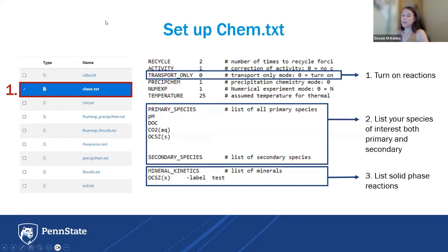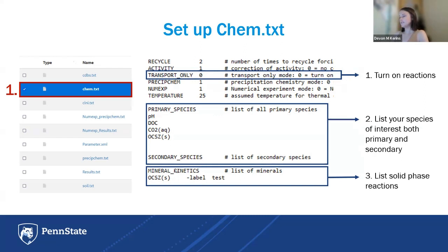So to begin, we will first amend the chem.txt file, and I like to amend them in this order just so that I can keep everything straight. And so the three main aspects of amending the chem.txt file we'll need to look at is making sure we have reactions turned on. So we'll look at this transport only line and make sure that it's set to 0 so that we have turned on the reactions. The second portion is we need to make sure we list all of our primary and secondary species of our reactions